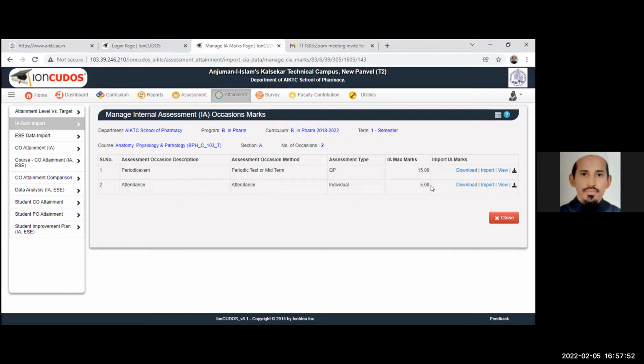Okay, you can add the name of a student. If you feel that 5 students are missing, you can add students. You can delete students. Okay, but don't change the file name. You can import it, and once it is imported, you can view this. Okay, you can view this.